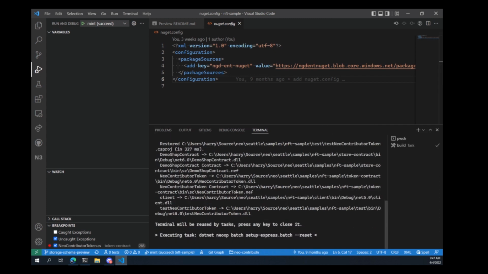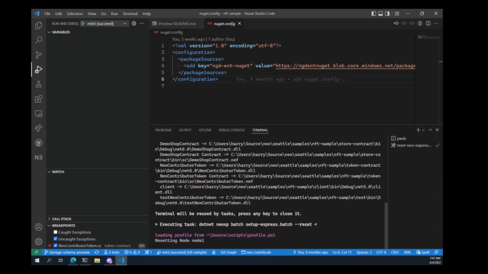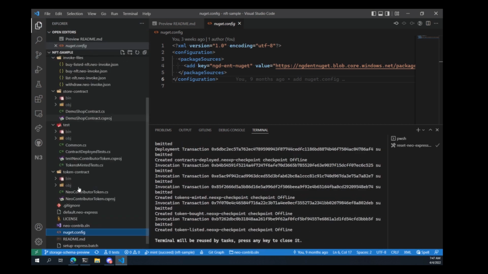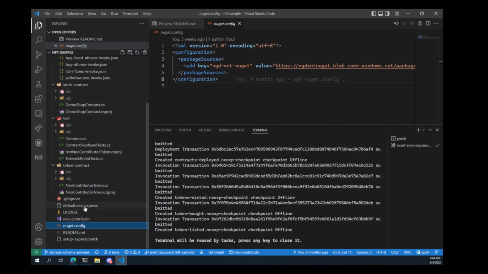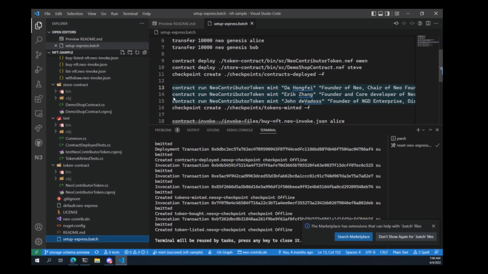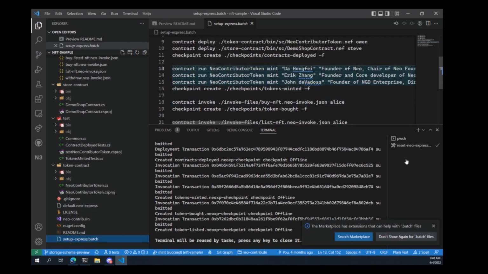So we're doing the build and we're doing a reset of the blockchain to get everything deployed. We've seen this several times, but let's see it again real quick. All right, we've got more accounts. We're doing a bunch of transfers. We have a bunch of different operations. We are invoking the contract a few times to mint the actual blockchain, to mint the NFTs, et cetera, et